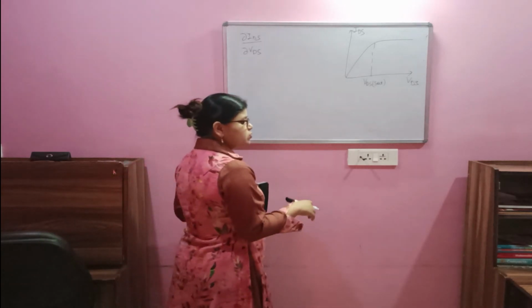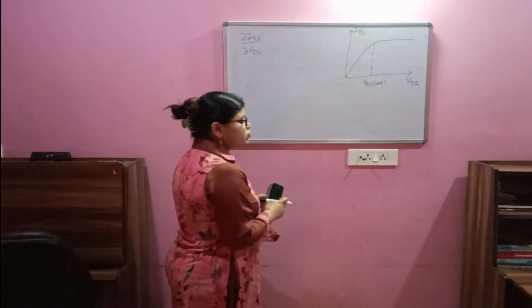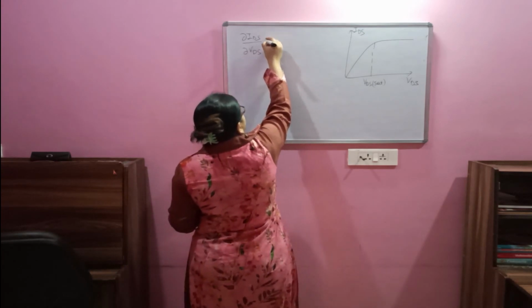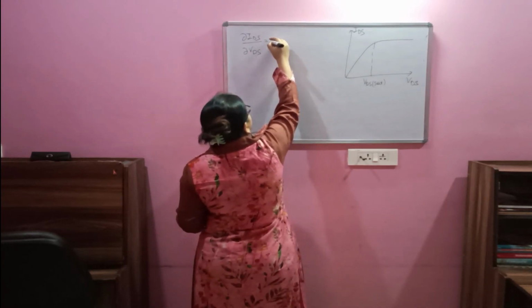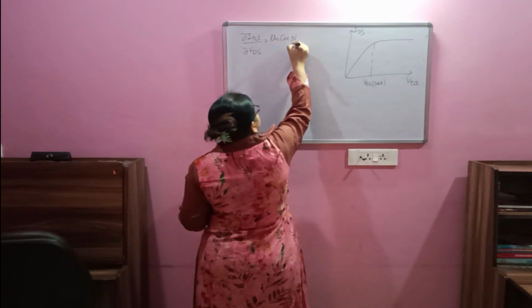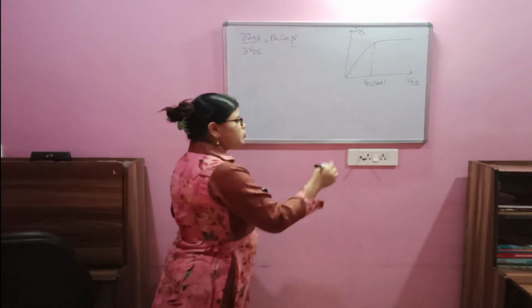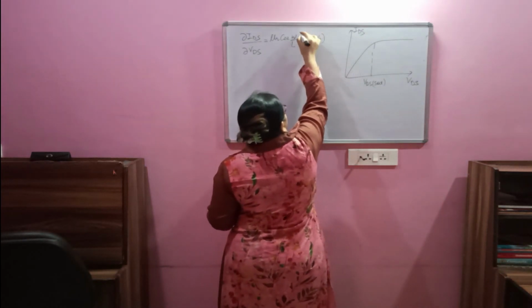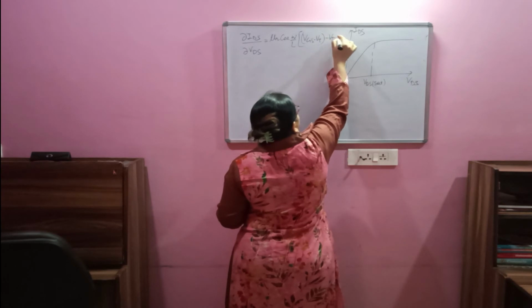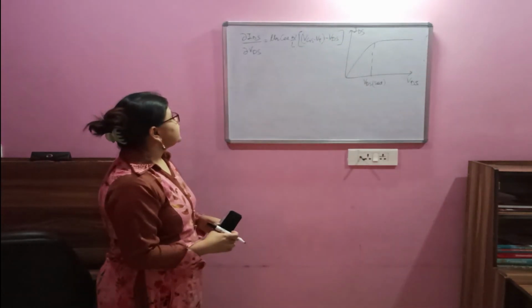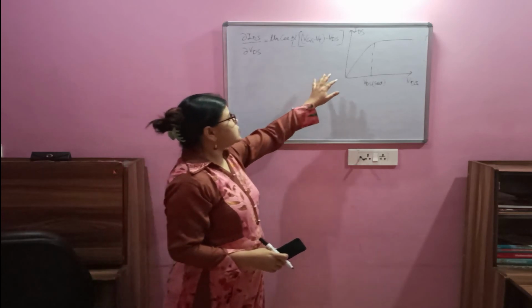And if I calculate this, then just now we have seen the equation of the IDS. If I differentiate that equation with respect to VDS, it will come out as mu and C oxide W by L times VGS minus VT minus VDS. This is what we get as the slope of this curve.